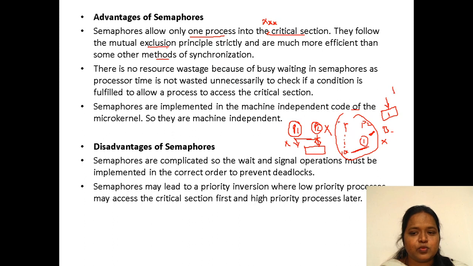If these three conditions are satisfied, then only can we say the critical section problem has been solved. To satisfy all three criteria, Peterson proposed one solution, making use of semaphores.